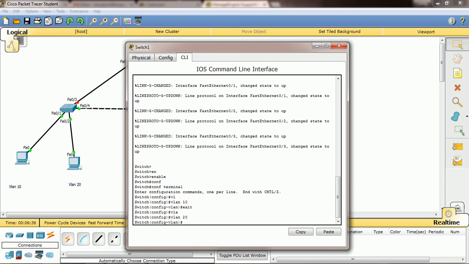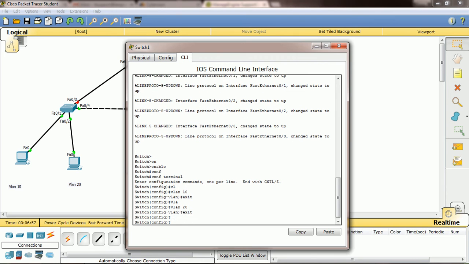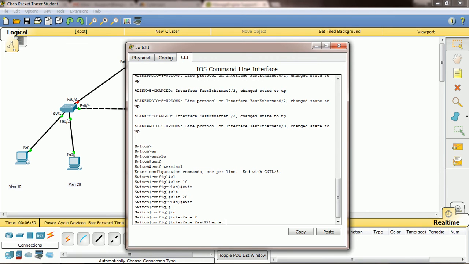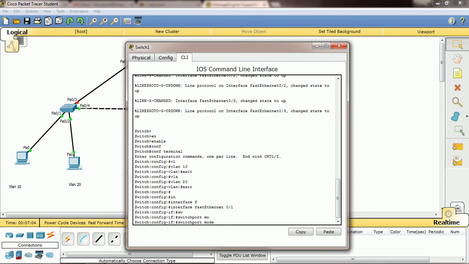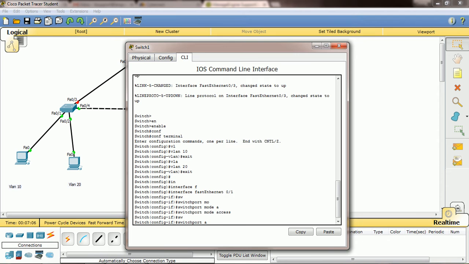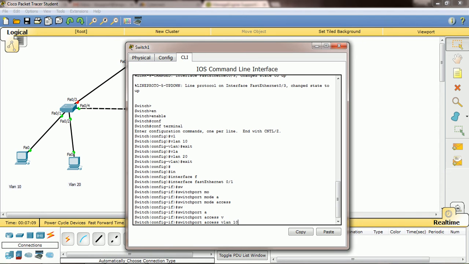Instead of creating these VLANs manually, we have one more protocol called VTP, the VLAN Trunking Protocol, which is used for carrying the VLAN database. I will teach that in a separate video. Okay, then exit. Now enter into interface fast Ethernet 0/1 and switchport mode access, then switchport access VLAN 10, right? Then exit.